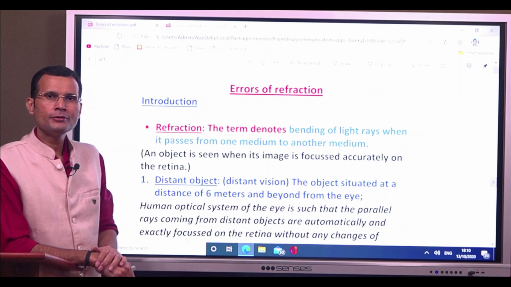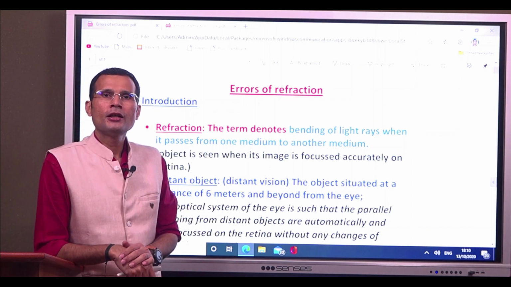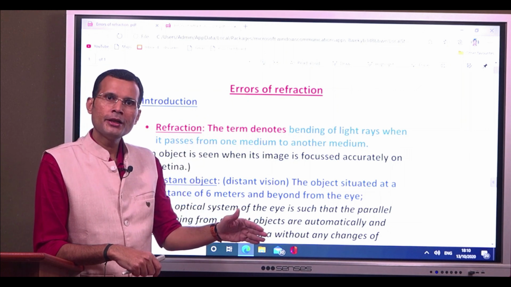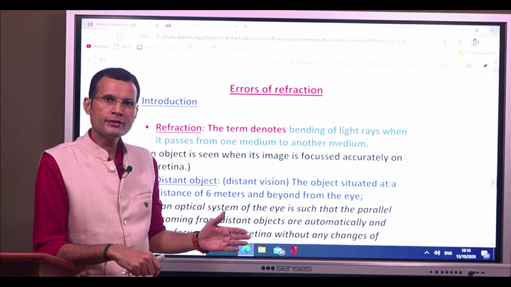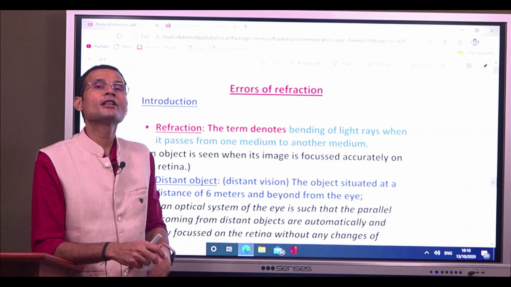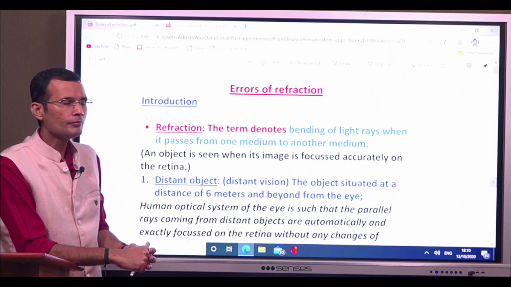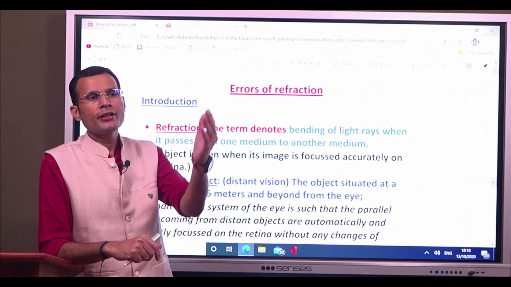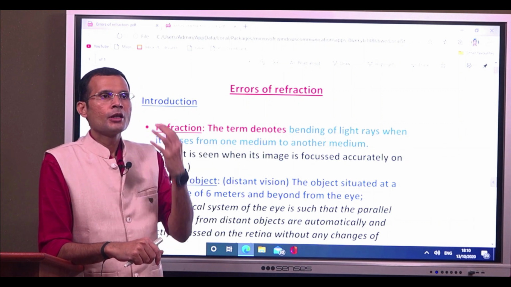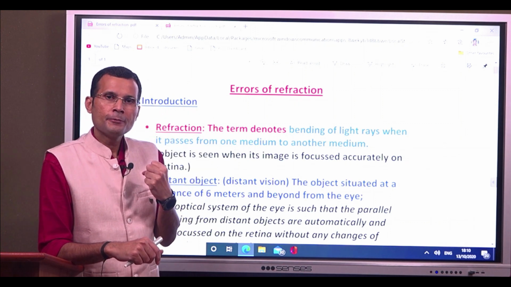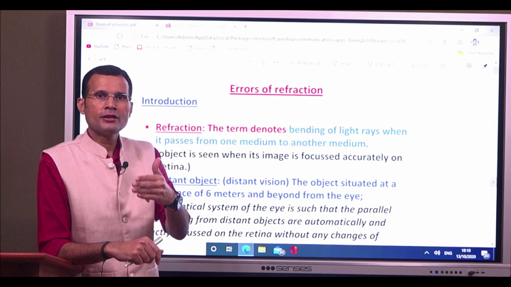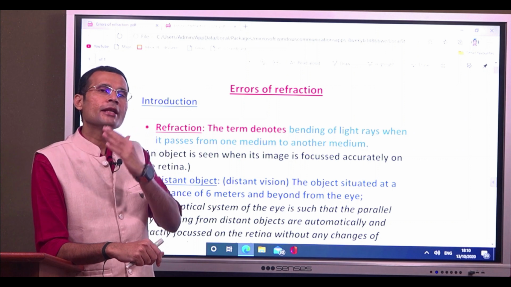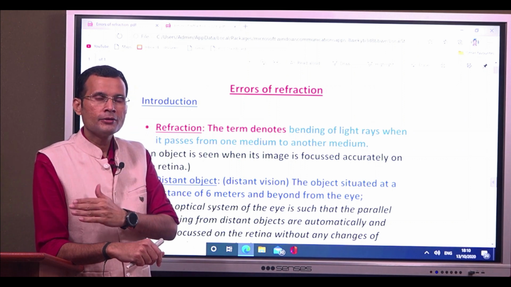What is a refraction? Very easy. When the light rays traveling from one medium enter another medium, there is refraction of the light rays. There is bending of the light rays, which is called refraction. So, when we are looking at an object, the light rays coming from such an object, while they are entering the eye, at four places there is refraction of the light rays. And finally, they form an image on the retina.